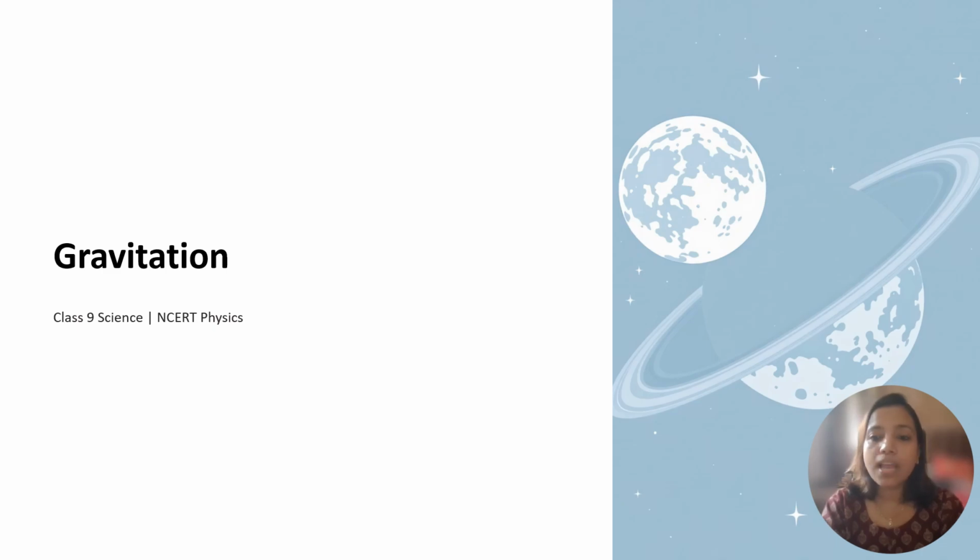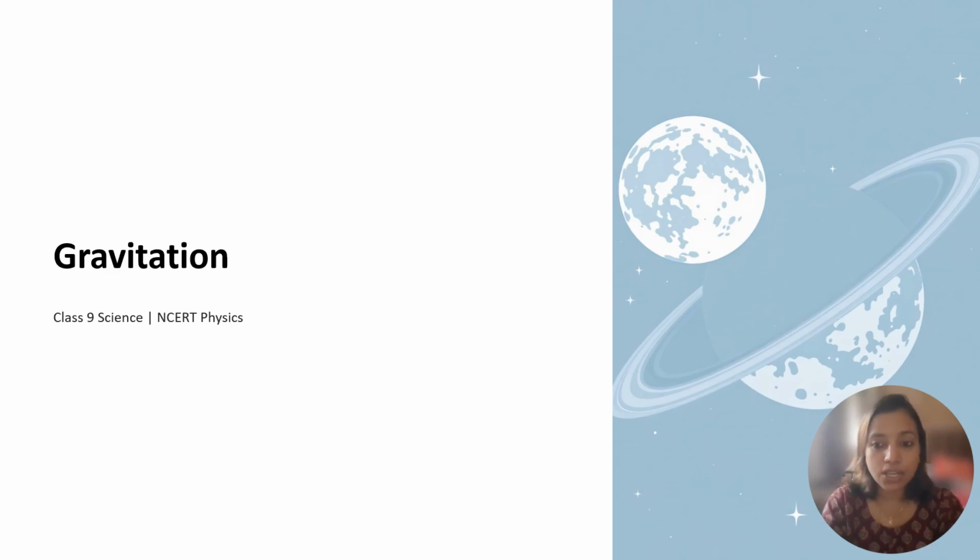So I think we all have experience. Suppose we have a pen in our hand and when we drop that pen, it goes straight down to the floor, or we can say to the earth surface, right? Or suppose we have a ball in our hand and we throw that ball in the upward direction. It reaches a certain height, then again it goes down to the floor or the earth surface, right?